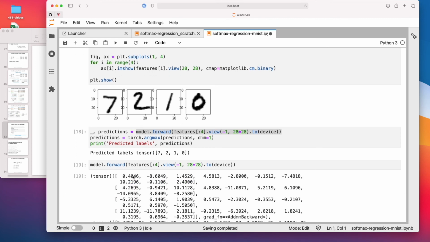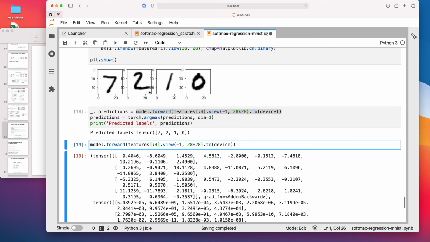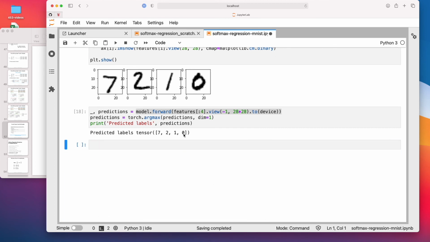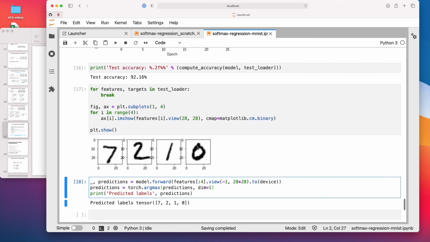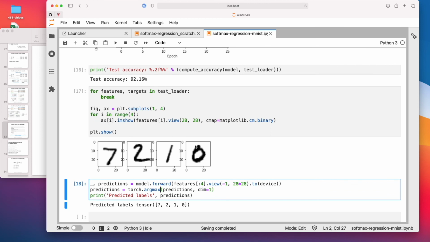So for the first one, let's take a look. This one should be the highest. 0, 1, 2, 3, 4, 5, 6, 7. This is the highest, as it should be. So in this way, we compute the class labels here just to show that these are indeed correct. All right, so with that, this is all I have for this from-scratch implementation. And in the next lecture, I will talk about multi-layer perceptrons.